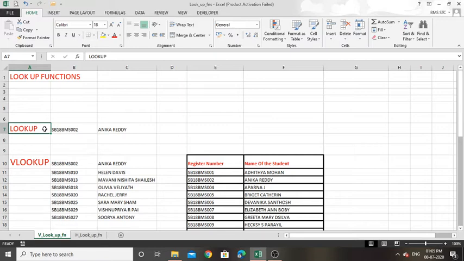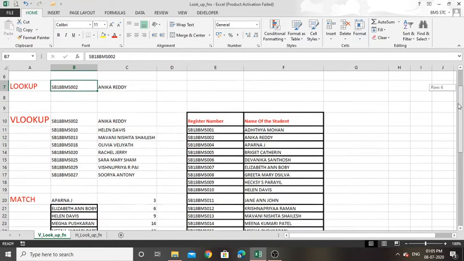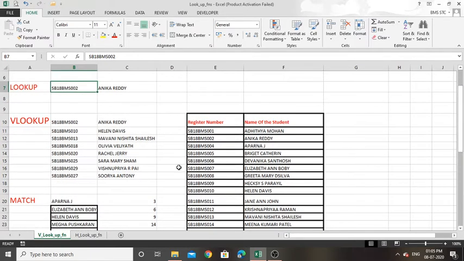So the LOOKUP function performs a search from a table with a specified searching key value. Here the searching key value is this particular register number, and as you can see, the table is your data only, your register number along with your name.